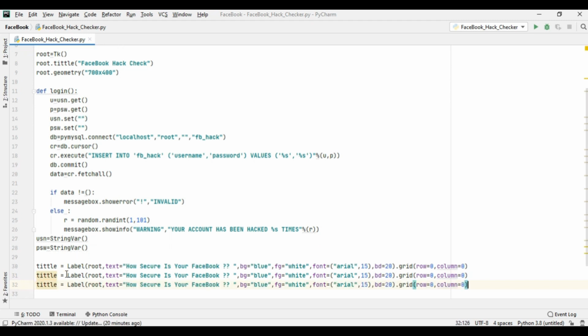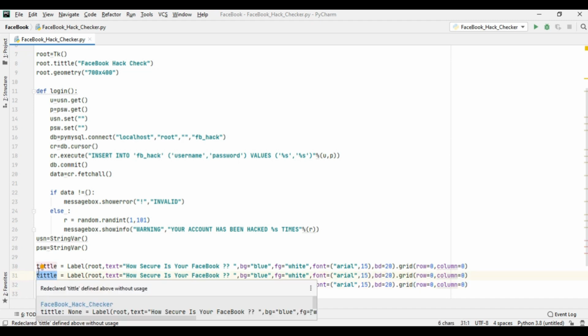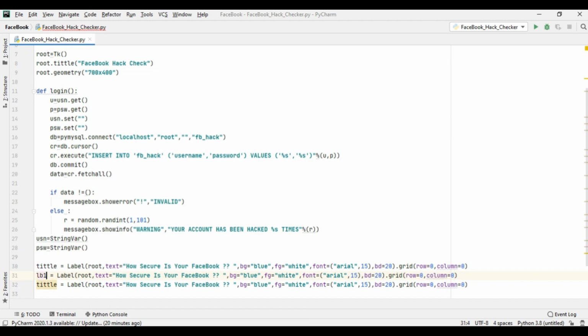So this will be label 1, let's say LB1, and this is LB2. So text is username, here the text will be password.